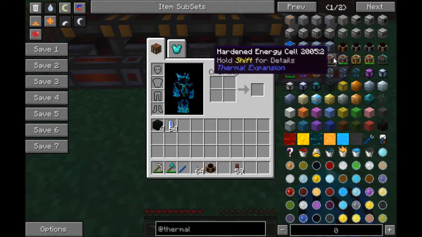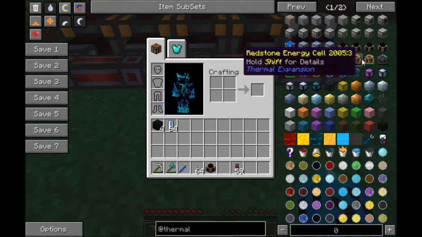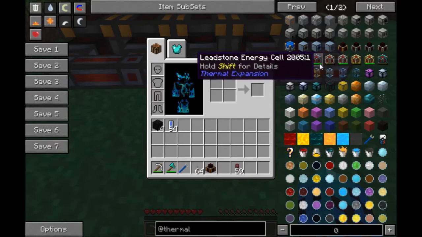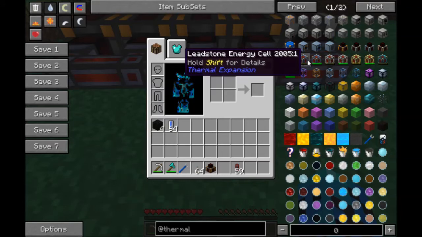So you have a leadstone, which is your absolute low tier, your hardened, which is still relatively low tier, and then you have a redstone, which is on your higher end, and your resonant, which is your absolute high tier. These two involve a couple more machines, so we're going to stick to talking about a leadstone and hardened for right now. So to make a leadstone,